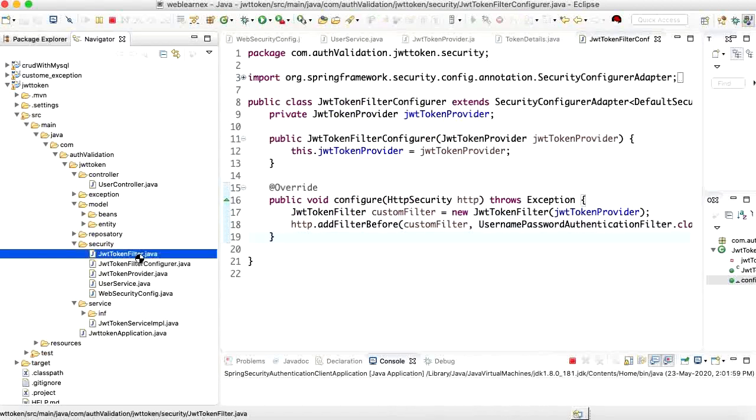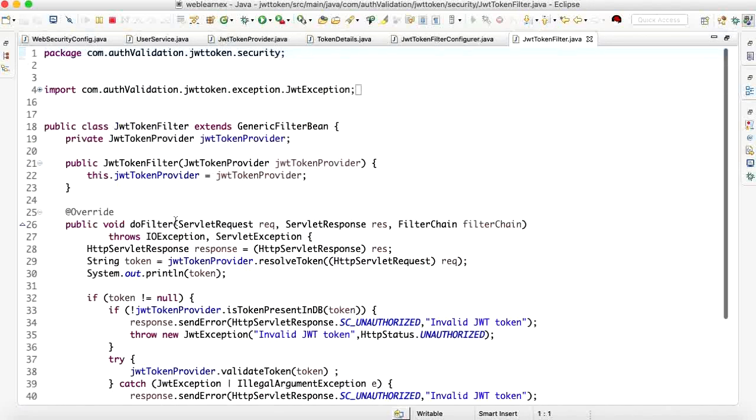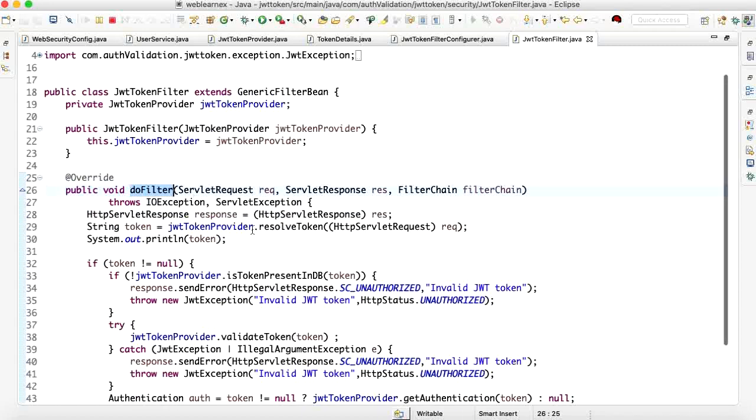And this is the security filter. The do filter is basically used for filtering any request in any web application. Once a request comes in, it first lands on the do filter and first calls resolve token.